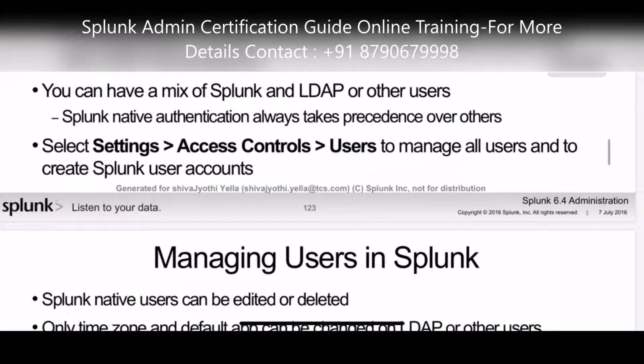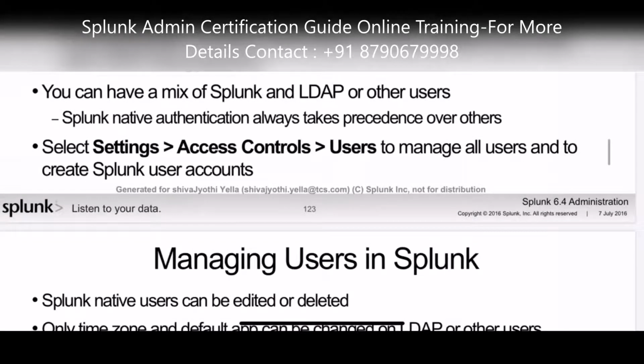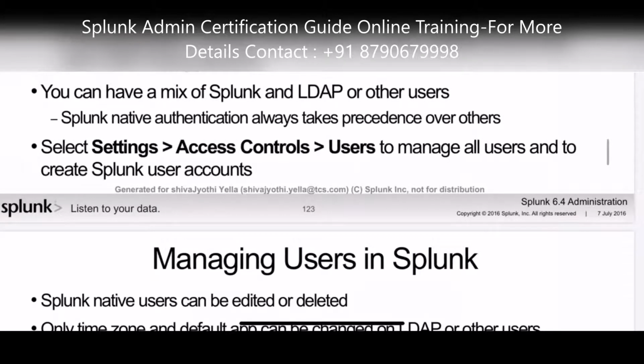In the last point, he has given that you can have a mix of Splunk and LDAP or other users. Splunk native authentication always takes precedence over others.